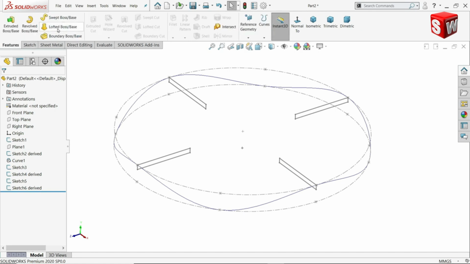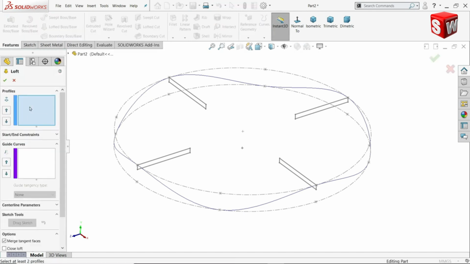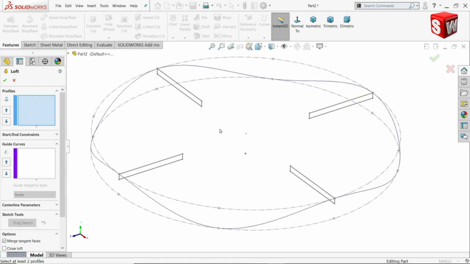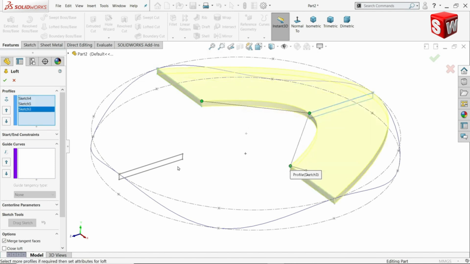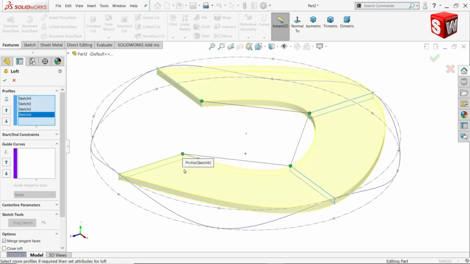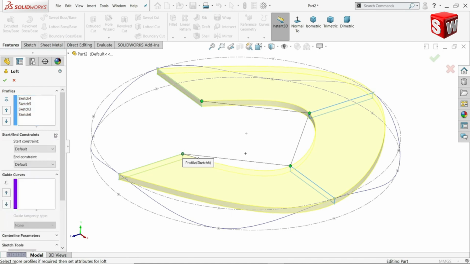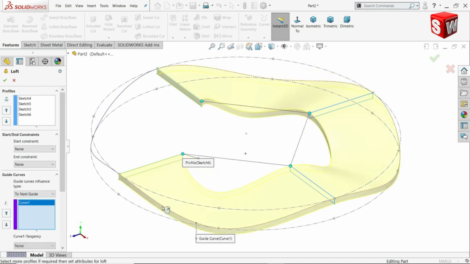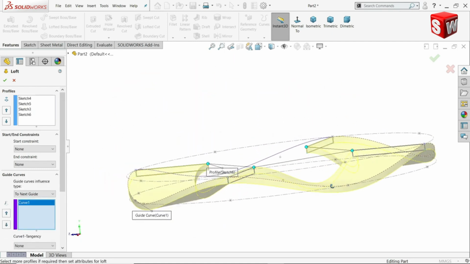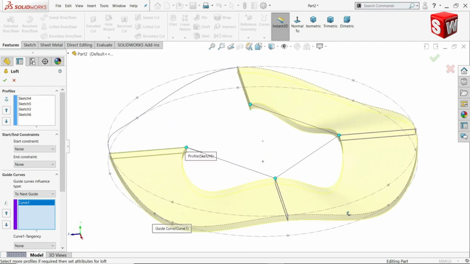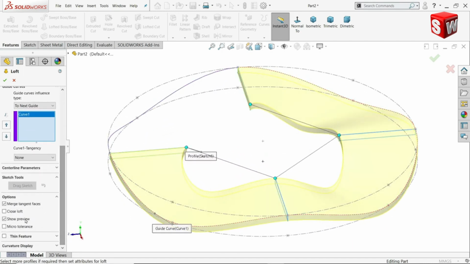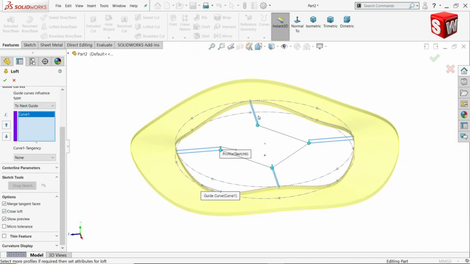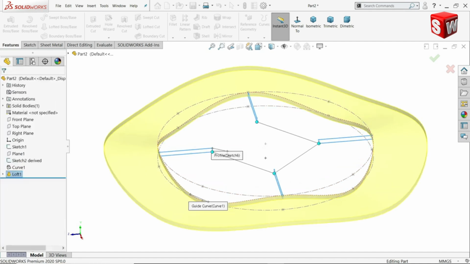Now here going to activate lofted boss base tool. First we have to choose profile. So we are going to choose this top point. Okay. Look. Now here we don't need to go any start or constraint point. We have to choose curve. So I'm going to choose this one. Look, it took the shape. Now comes at bottom, and here one option called close loop. So let's say close loop. See, it's going to make it closed. Say yes. Look,